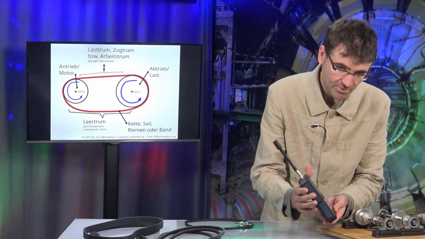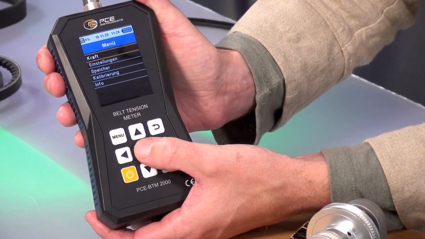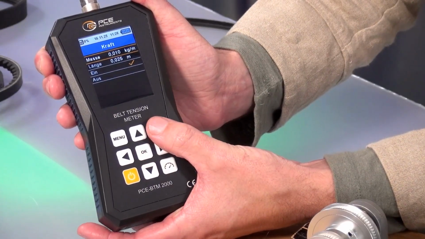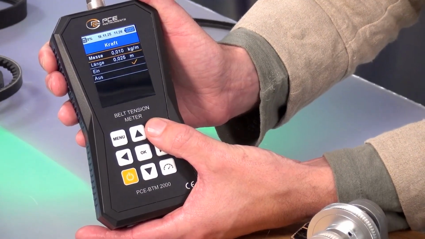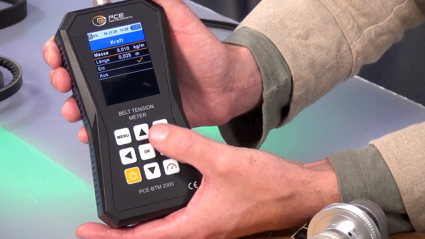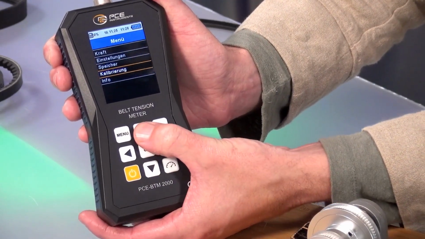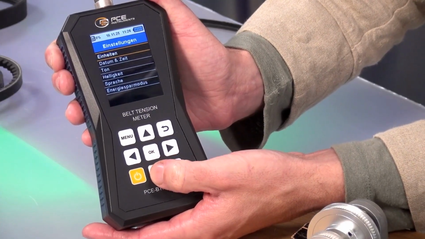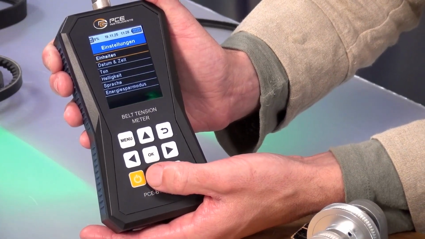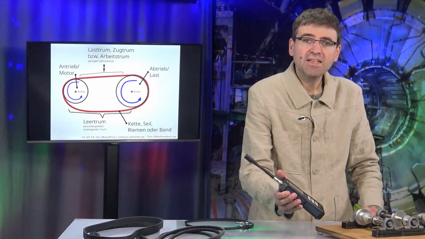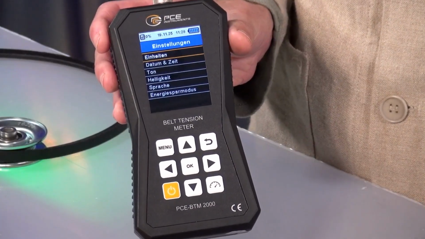If we look at the device a little more closely, we have a menu function here, which I will now call up. And there we see at the top the most important point that we, as I explained, can define the mass and length here, thereby allowing the device to calculate the tension for us. And besides settings for memory and calibration, we then have various settings like date and time, which is important when taking measurements, so we can trace back when and where we were with which device. The device is capable of measuring belt lengths shorter than 10 meters, as well as frequencies ranging from 10 to 900 Hertz, the